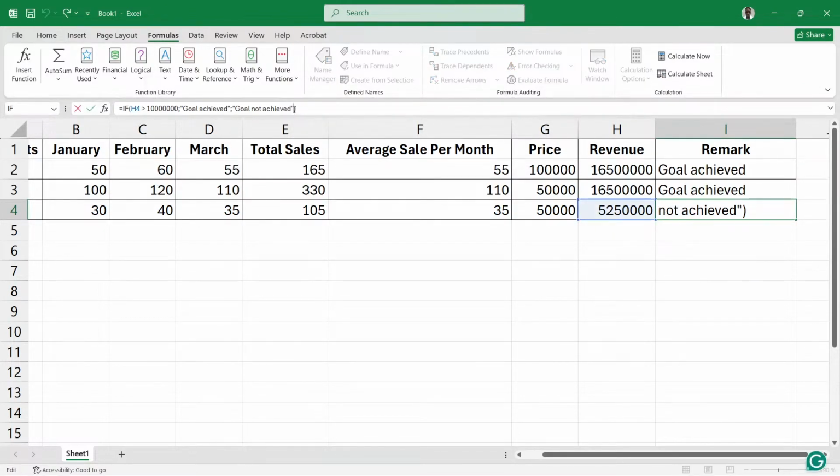You know what? Let's just copy the whole if statement. We copy all of it. Control C. And then inside the if statement, you'll see that it says if H4 is greater than 10 million, then let's print out goal achieved. Else, what should you do? Else, let's enter the other if statement. You should not just print out goal not achieved. Let's enter the other if statement. What should you do? You should print